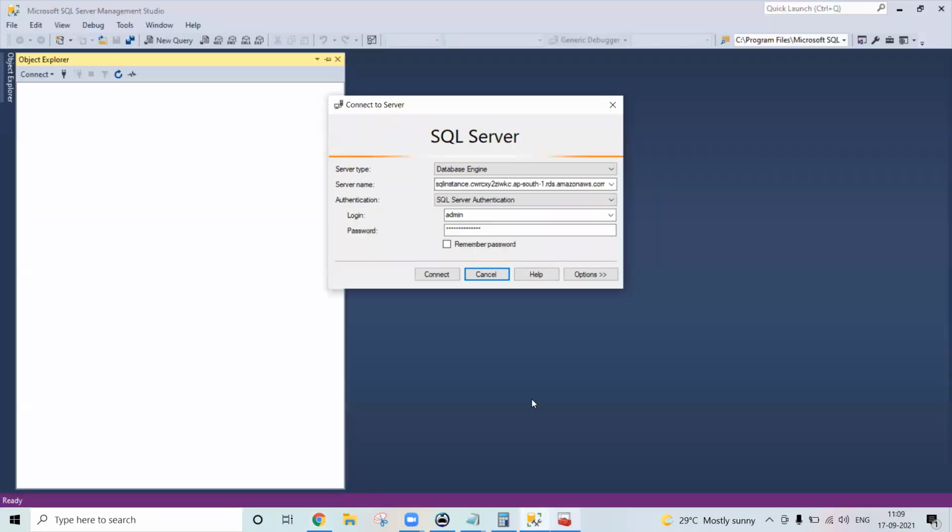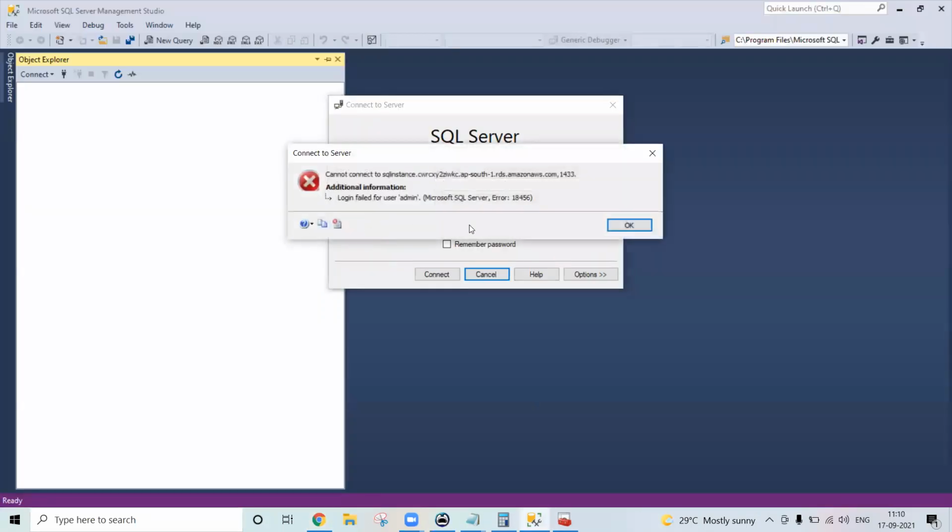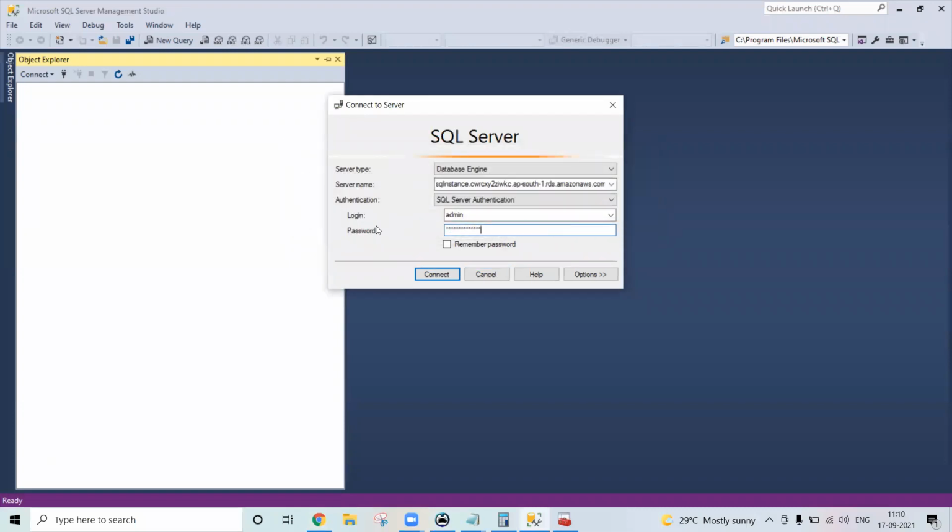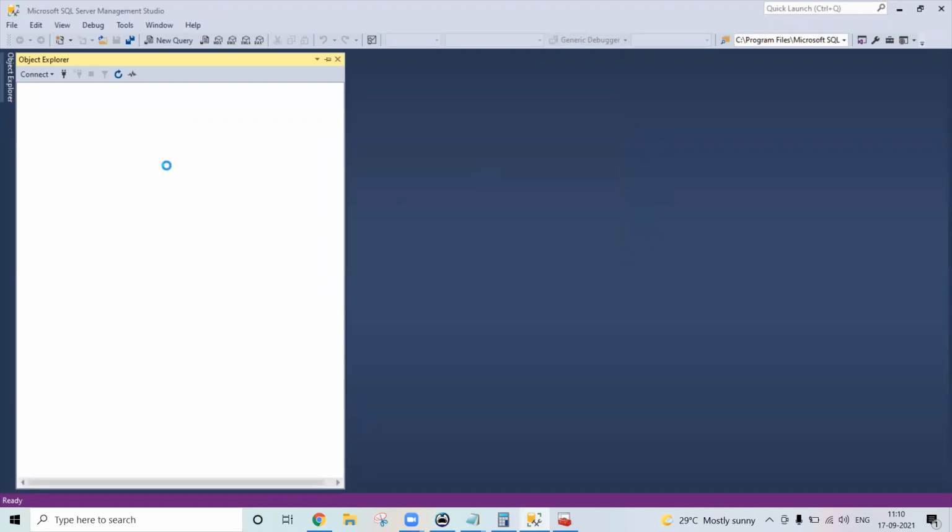Now open and connect. Let me give the password. Got it? Is the concept clear or not? Connectivity point of view, clear.